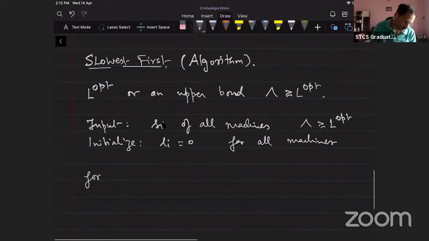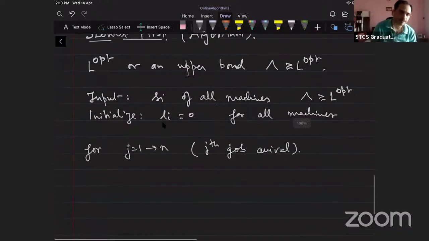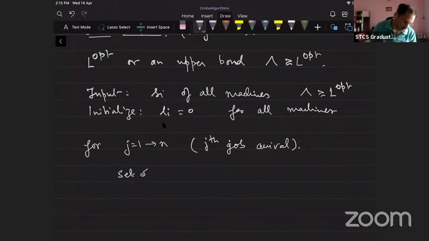Now, as jobs arrive, for j equal to 1 through n, on the jth job arrival, define a set of machines to be assignable. So the set of assignable machines for job j